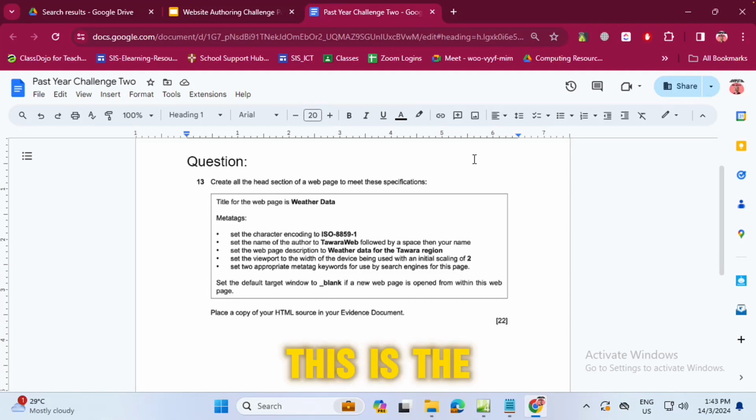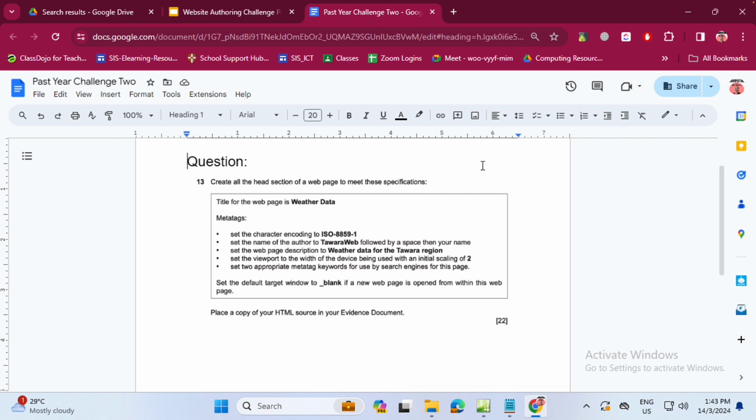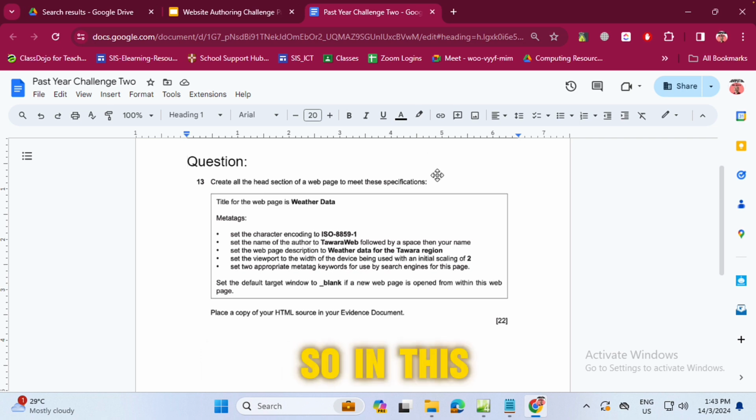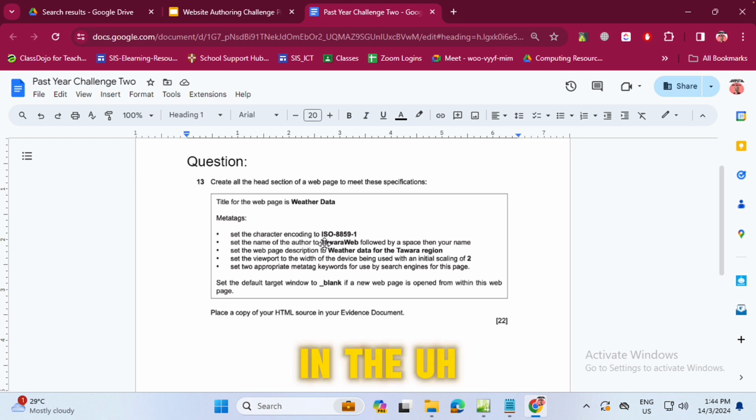This is the question of June 2023 on the Paper 3 past year question. In this particular year, this will be the first time IGCSE uses the new syllabus, where they are evaluating how students will create metadata inside the head of a web page. And this one has a title called weather data, and we have to insert all these meta tags right in the